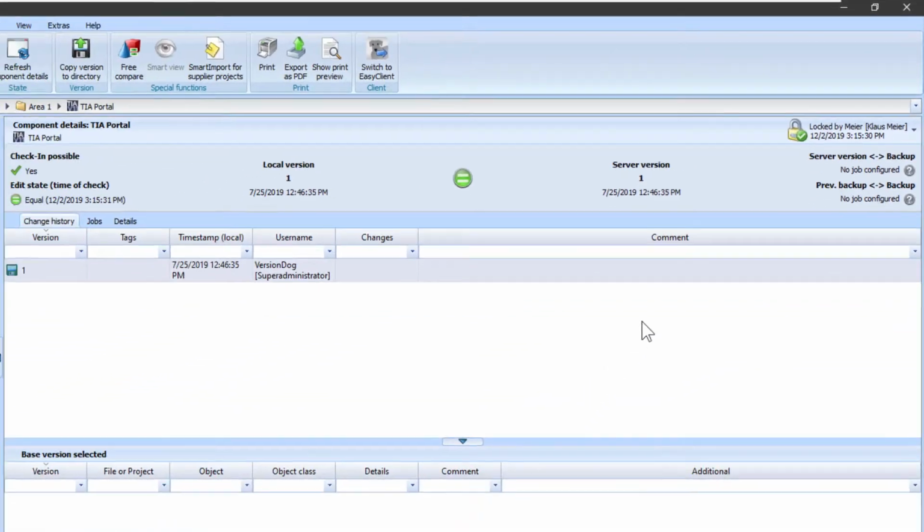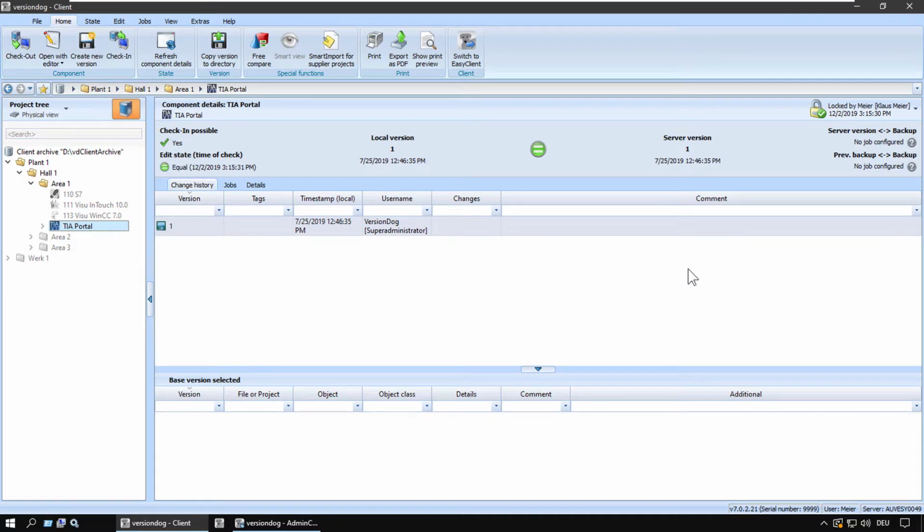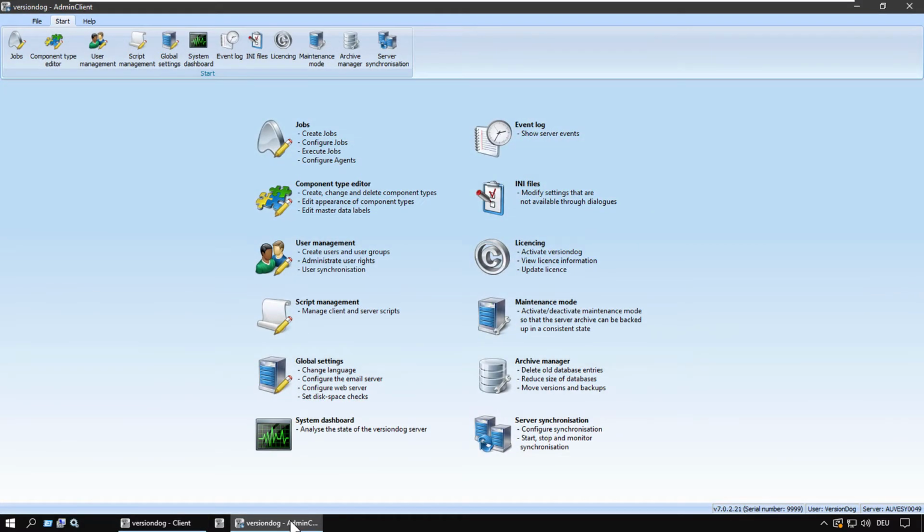But there's a weak point to this. What if I didn't want to work on that component? What if I didn't need to lock it? Now I'm blocking other people. So that's where this other setting comes in, and that's a setting that needs to be done in the admin client, under global settings,